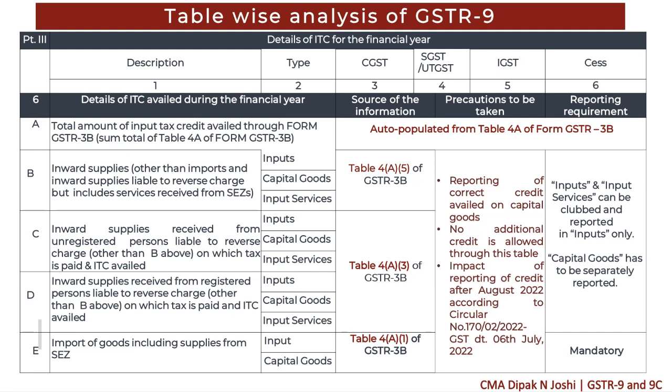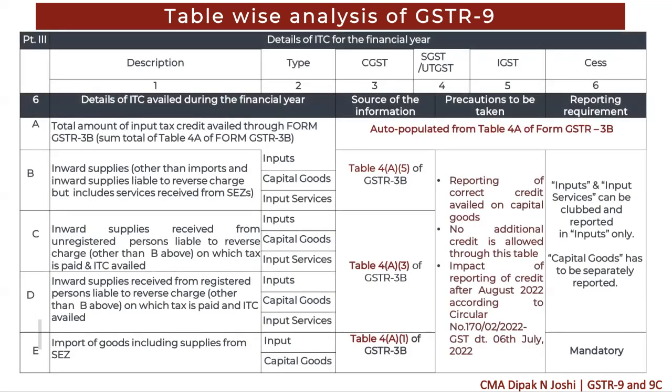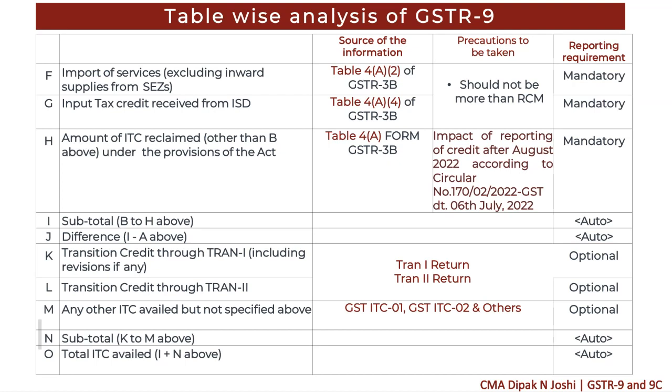170/02/2022. So table 6 is only about bifurcation of credit which is reported in GSTR 3B, and whenever you are reporting credit in table 6, you should consider all these points. Now, as far as reporting of RCM credit is concerned or reporting of credit on ISD